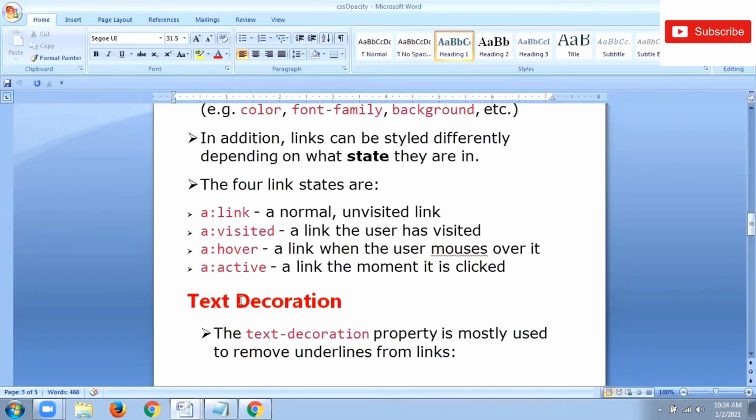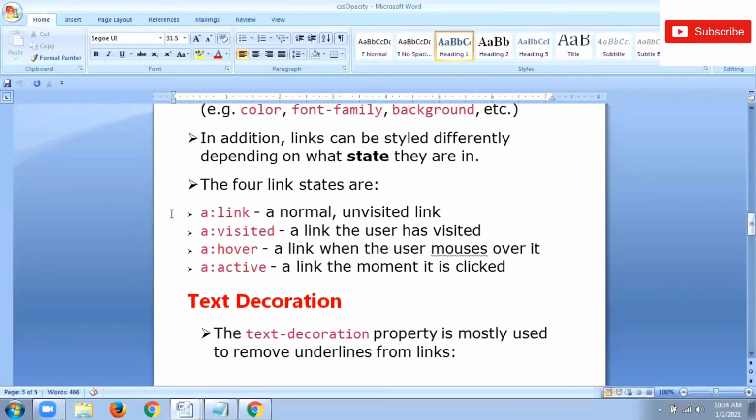So 4 different states are there for links in CSS. A link which is not visited, the visited property for an already visited link, hover whenever you put your mouse cursor over that link, then active. Once you select the link, it is activated, which is shown by the property a:active. Is it clear?